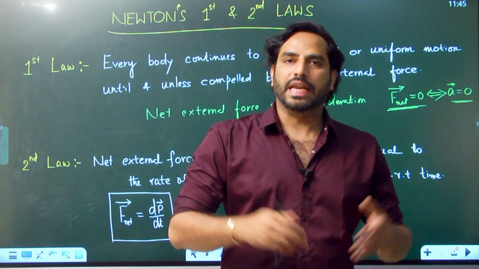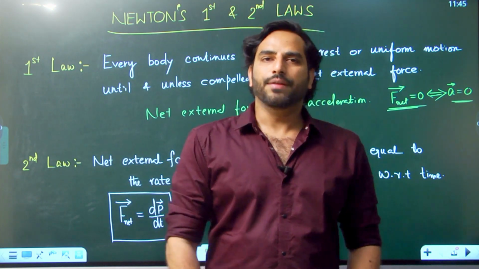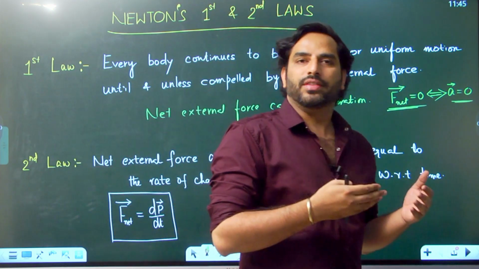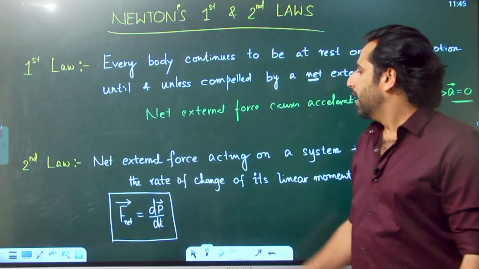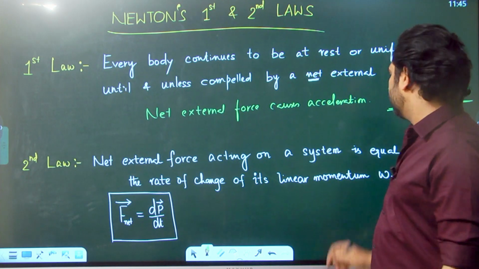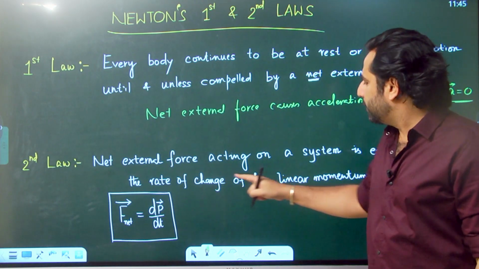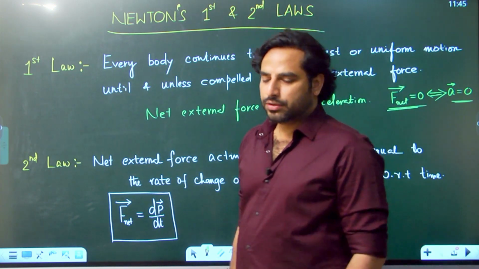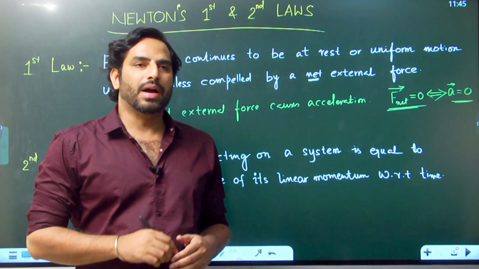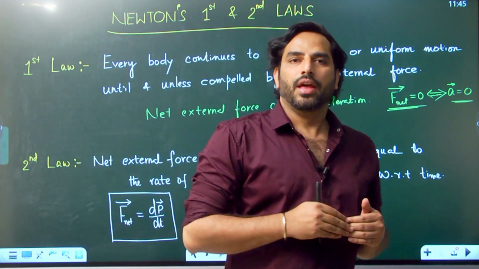If net external force is 10 newtons, what is the acceleration? If net external force is 20 newtons, what is the acceleration? So that is addressed by Newton's second law. Net external force acting on a system is equal to the rate of change of its linear momentum with respect to time. So most of the students will come to a conclusion that Newton's second law is